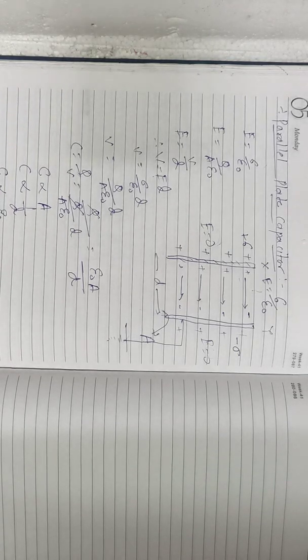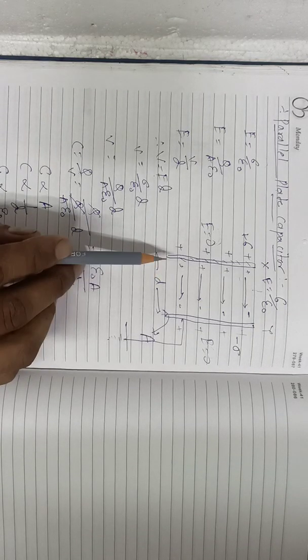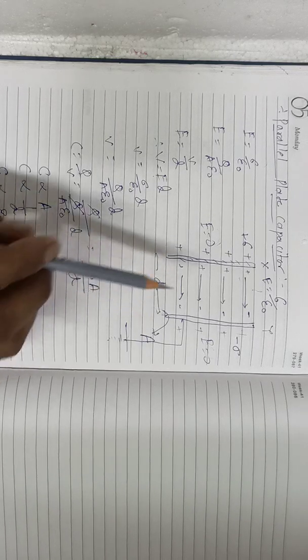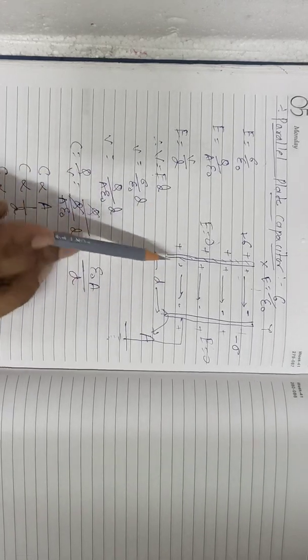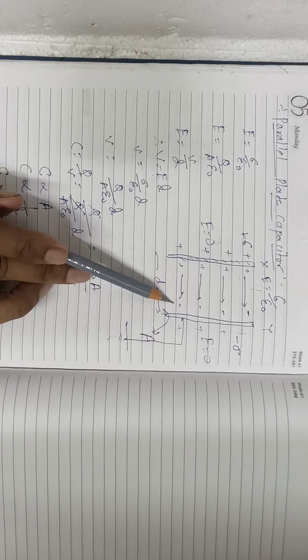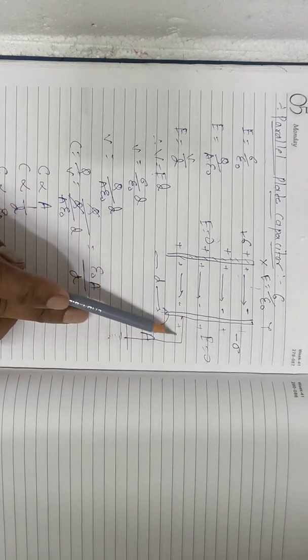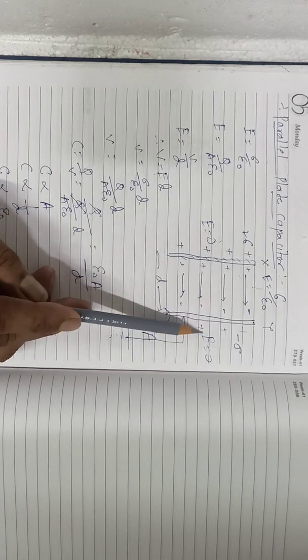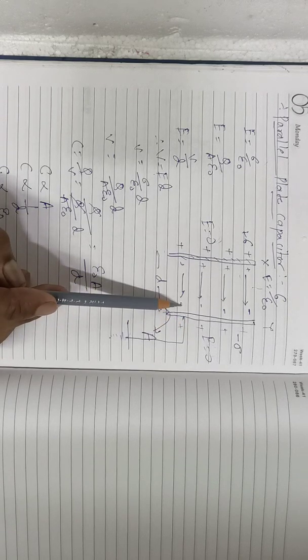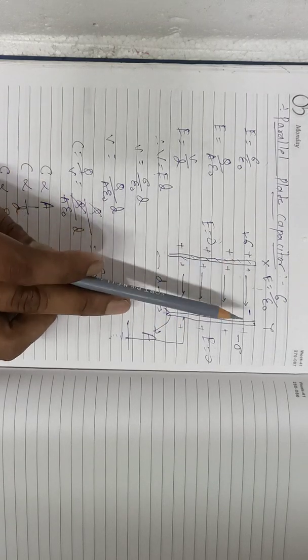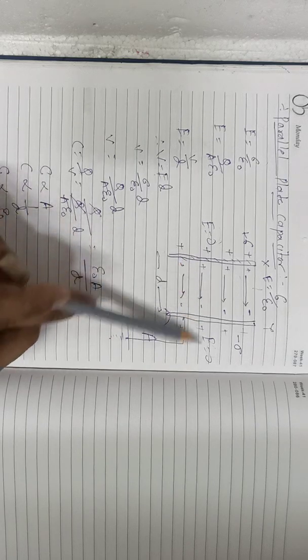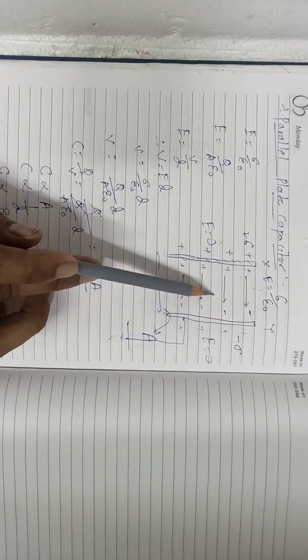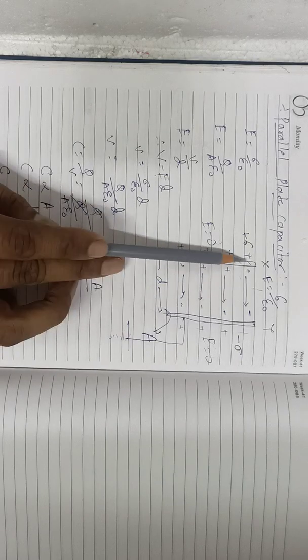Now I repeat myself. In a parallel plate capacitor we will take two plates X and Y. We will give charge plus Q to the plate X, then minus Q charge will appear on this face of the other plate, and plus charge will appear here, and we have done earthing. So this charge, which is plus Q, is free charge and will go to the earth, minus charge will remain here. Direction of electric field is always from positive to negative, and it is parallel because it is a uniform electric field. It is also perpendicular to the plates.